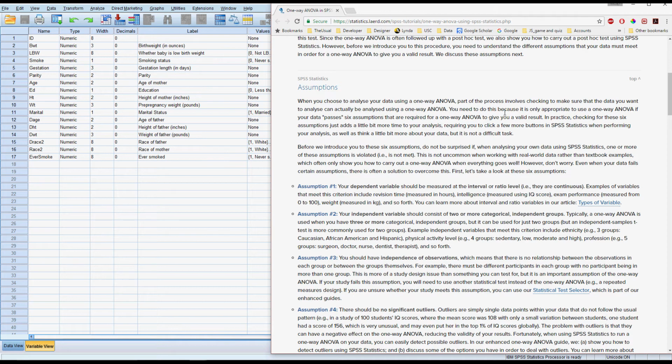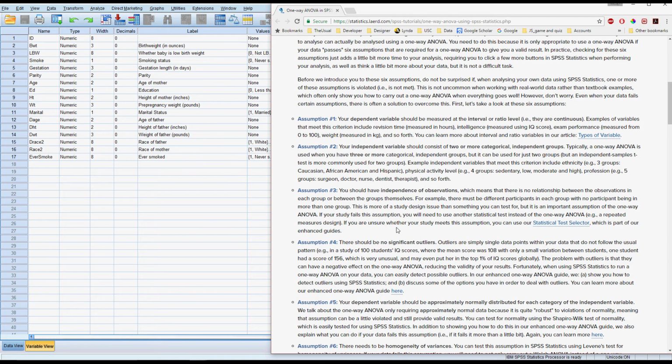So the first three assumptions are about your data, and you need to check them based on the design of your experiment and how the data's been coded. So our dependent variable is interval ratio, that's our baby weight, and that's continuous. Our independent variable has two or more independent groups, that's our smoking groups, and independence of observations. So we're just going to assume that this is fine, but we don't actually know how the data was collected, so it's a little bit hard to comment on that, but you should comment on it for your own data